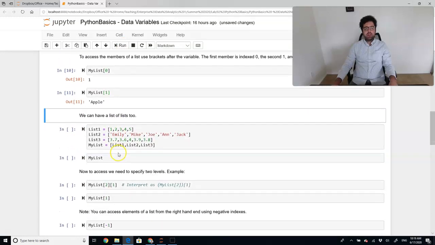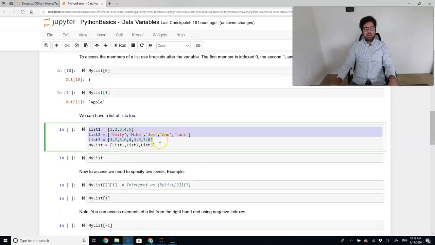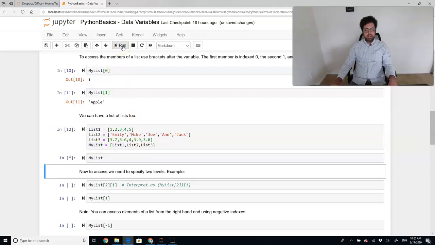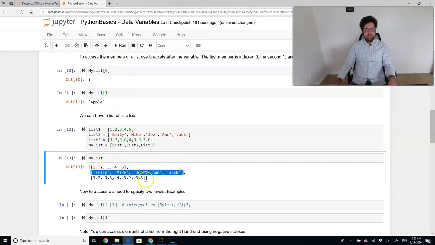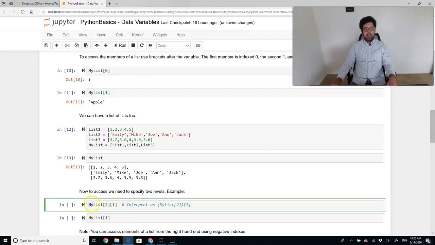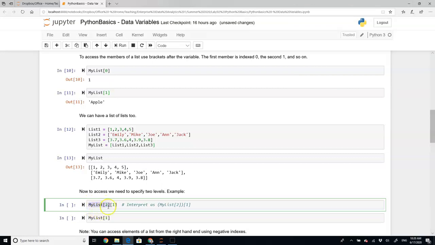As I said, we can have a list of lists. So here I have 3 lists, list 1, list 2, list 3. And I create a list of lists as list 1, comma, list 2, comma, list 3. So if I run this, I will have literally a list of lists. So how do I access the elements of a list of lists? To do that, we need to get access to the first list, the inside list, and then get the elements we want. So for example, here I say my list 2, and then in that list, whatever I bring, I want the